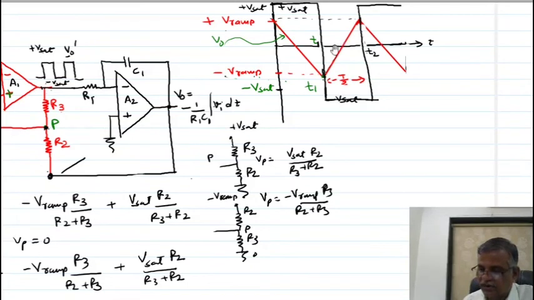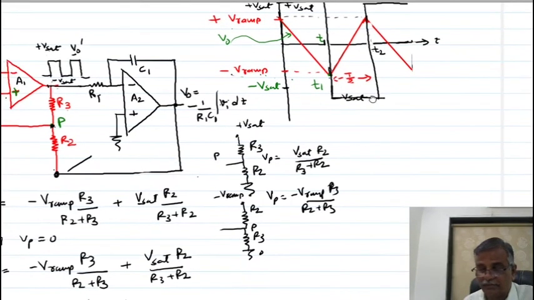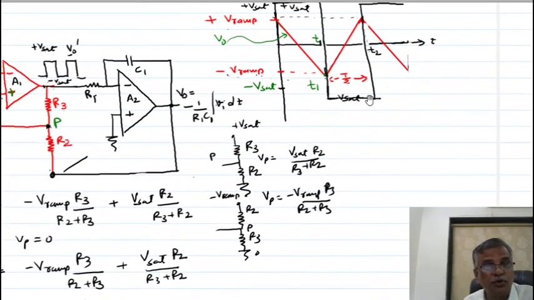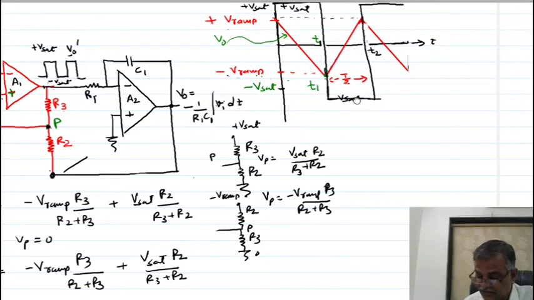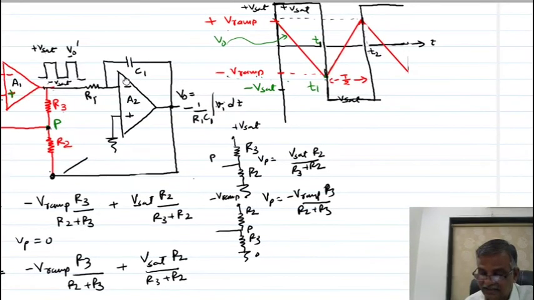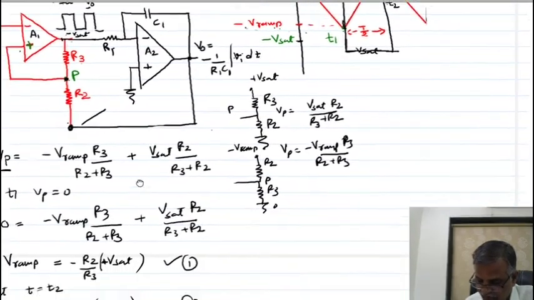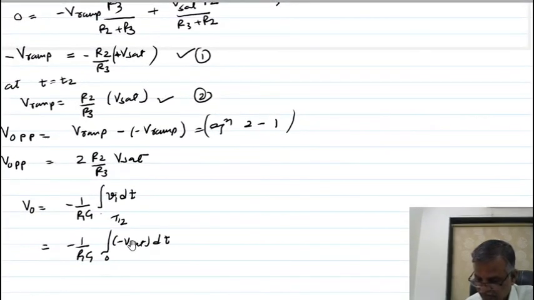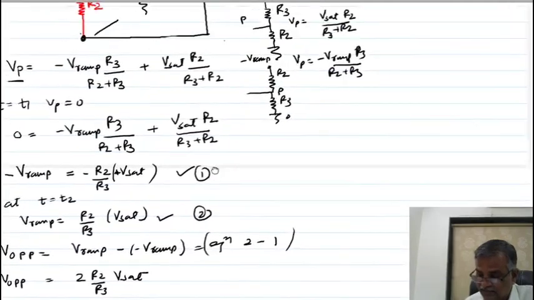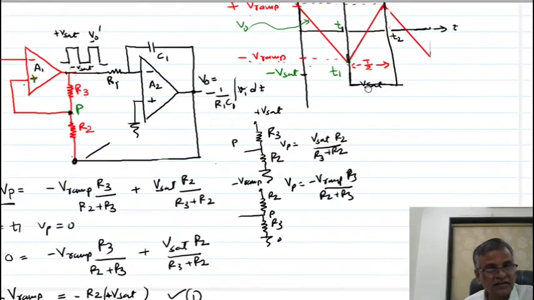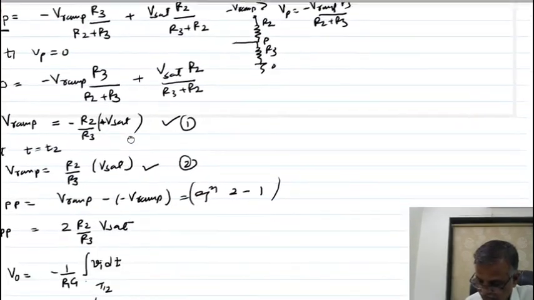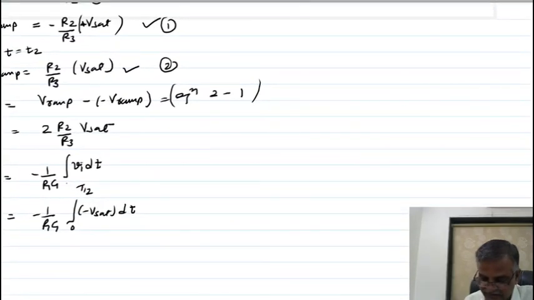This t by 2 times, my output is what? Minus V set. It means the input of this integrator is minus this Vi. Vi is negative during this time, that I am showing you here. This Vi is negative, you can see here. Vi is negative, so I am writing this.